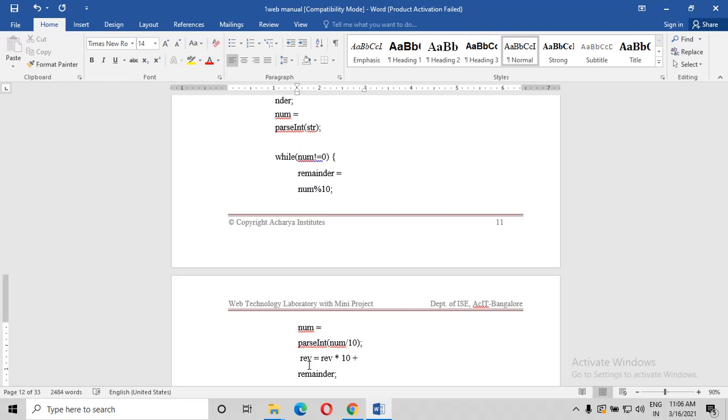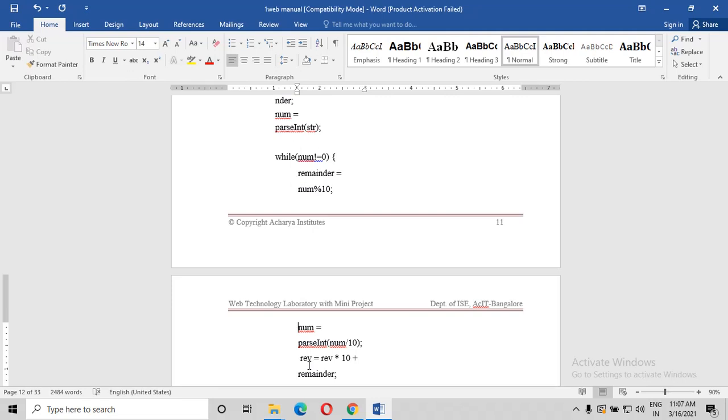Once after that, the remainder is 2. Initially you had taken the remainder as 0, now you have got 2. Please do remember. Right? N is equal to what you have got? 535 you have got. Reverse is equal to 0 into 10 plus 2, which is 2. Reverse is 2 now.